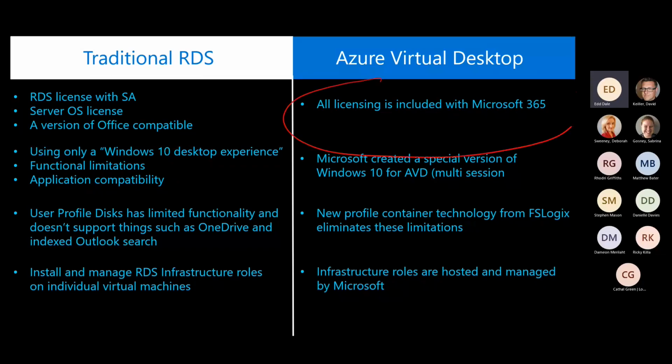Whereas with AVD, all the licensing you require to get started with Azure Virtual Desktop is included in an M365 SKU, starting off with M365 Business Premium, for example. And that starts from around £16.60 per user per month if you're going to do it monthly. So it's a single license. Again, it's simplifying licenses, simplifying costs, simplifying management. So those are three key things we can hone in on if we're going to have that initial conversation.